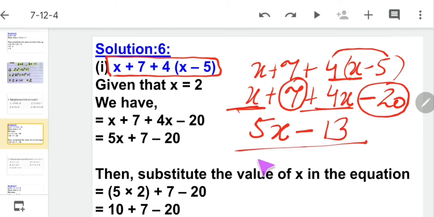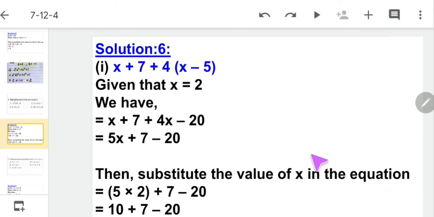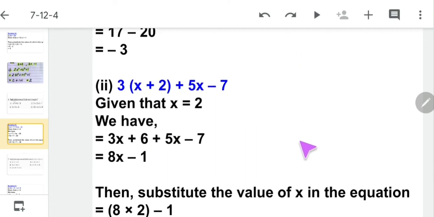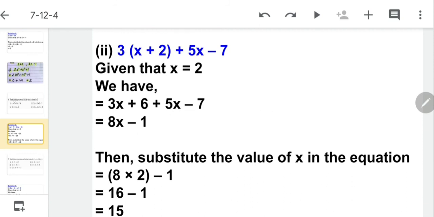Okay. Now we just place the value of x in place of x, and it will be 10 minus 13, which is minus 3. So the answer is minus 3. You can see here. Okay. So we can first simplify the given expression, then we can easily put the value of the given variable and easily find the value of the expression.